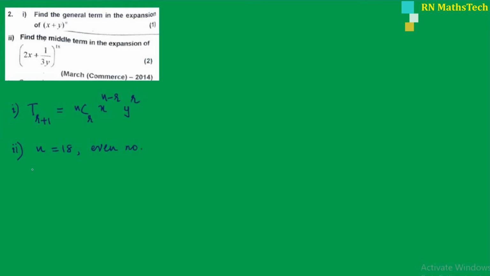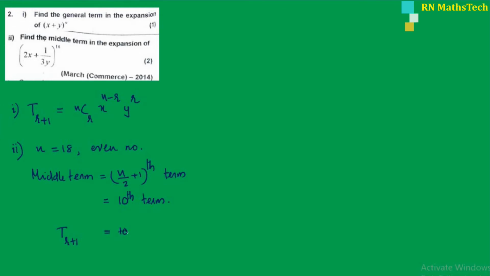So the middle term is the (n by 2 plus 1)th term. Taking n by 2, 18 by 2 plus 1, that is 9 plus 1, the 10th term is the middle term. To find the 10th term, we write T r plus 1 is equal to